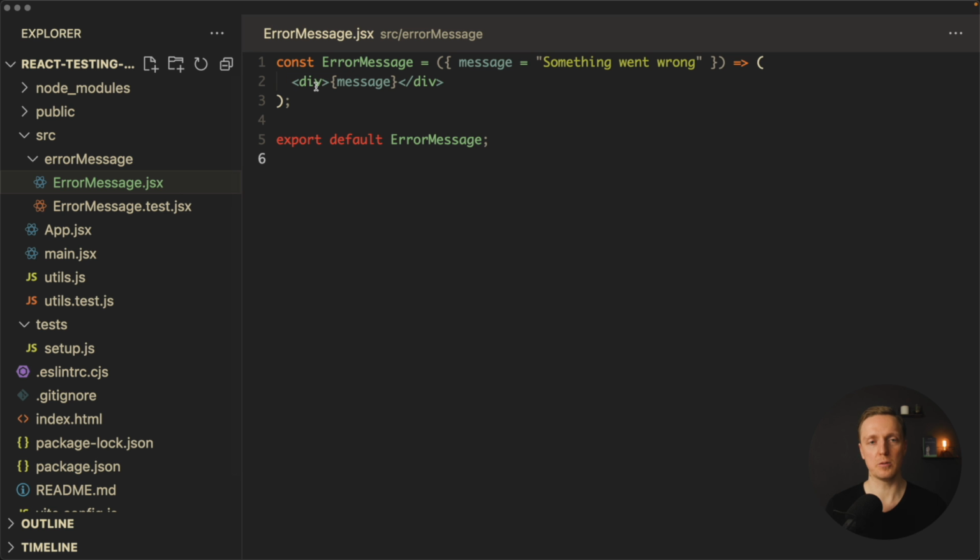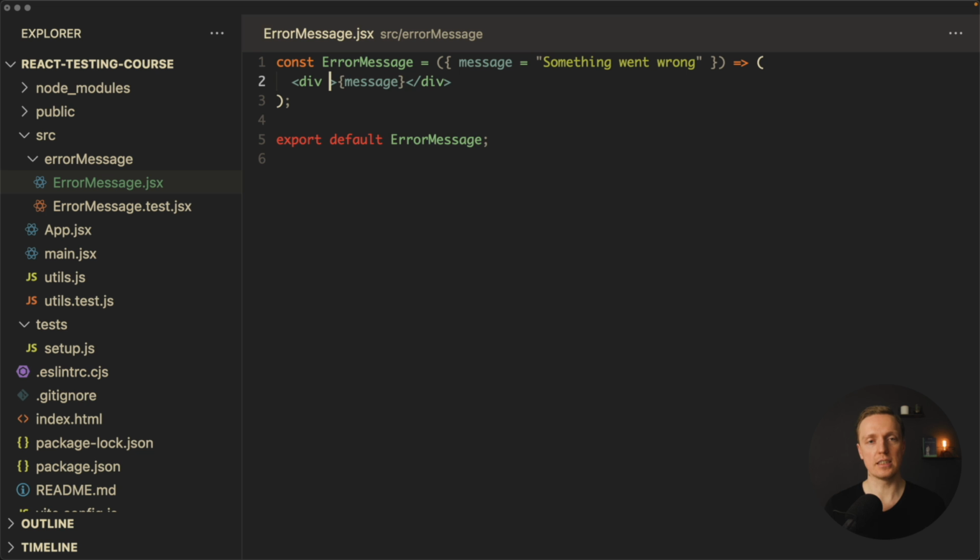Just to remind you, here we have just a single div. And you might think, okay, we must find this div and get a message inside it. But this is a wrong approach. It is not recommended to use divs, some classes, or some attributes to find your element. This is all wrong. The only thing that I recommend you to use is data test ID, which actually means